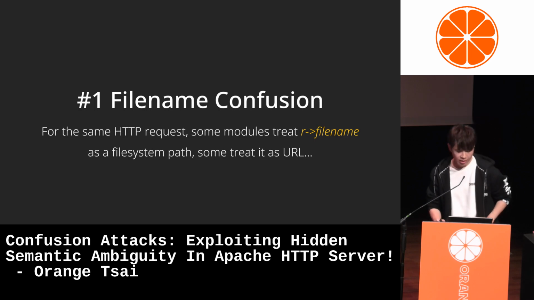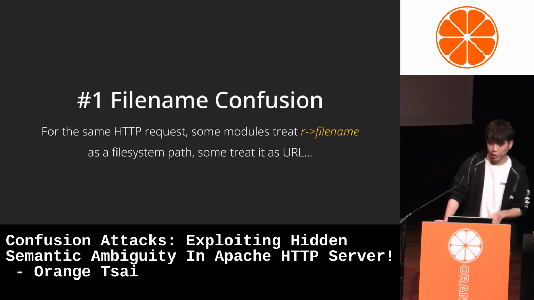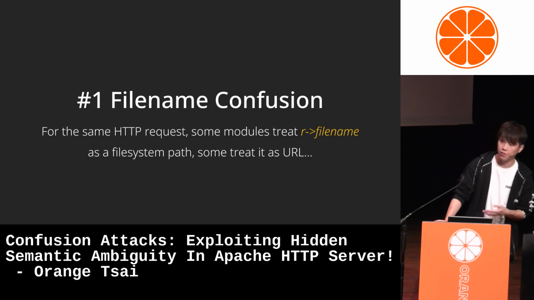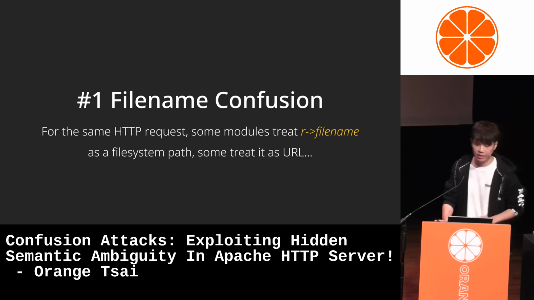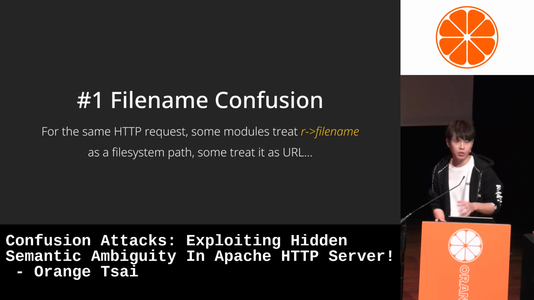But in Apache, some modules treat it as a URL. If we think in an HTTP context, some modules consider the field as a file system path, but some others do not. The inconsistency between these modules will create vulnerabilities.